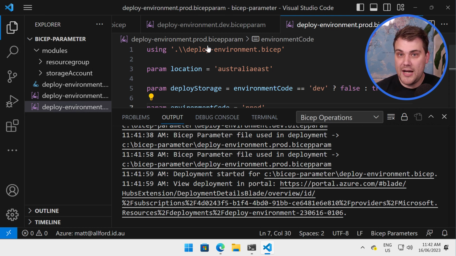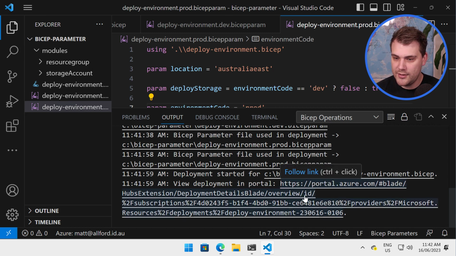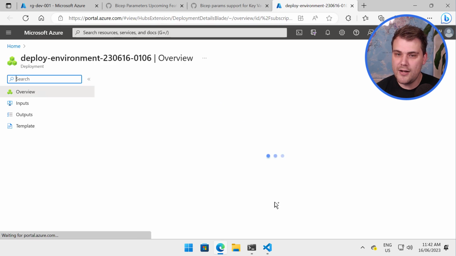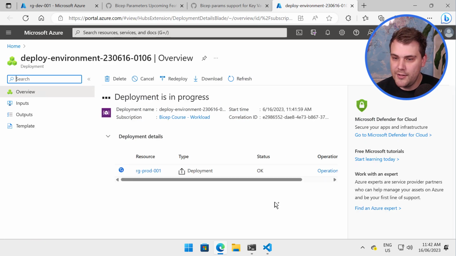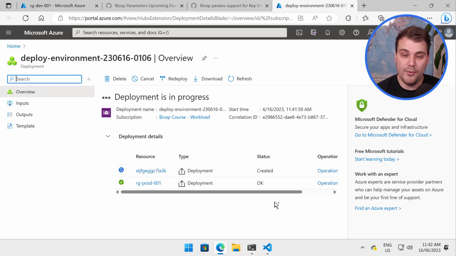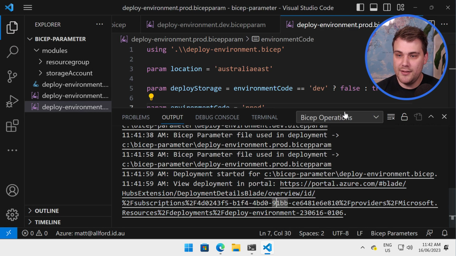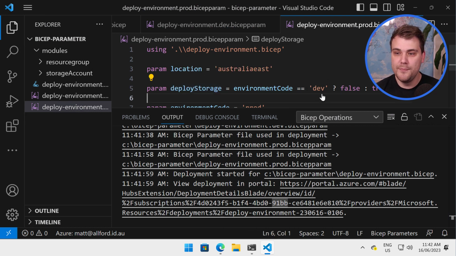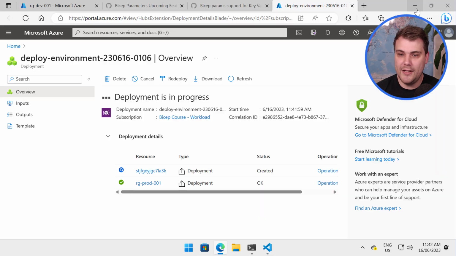Now that has gone off and started the deployment. We can see there that it says to view the deployment in the portal, we can go to this URL. Let's actually go ahead and bring that up here in the browser. And we can see the deployment started off and the resource group there is deploying rg-prod-001. And because this is a prod environment, I was now expecting that this deploy storage boolean will resolve to true because the environment code is prod. Therefore, the condition here being met is true, which would then tell it to go ahead and deploy the storage